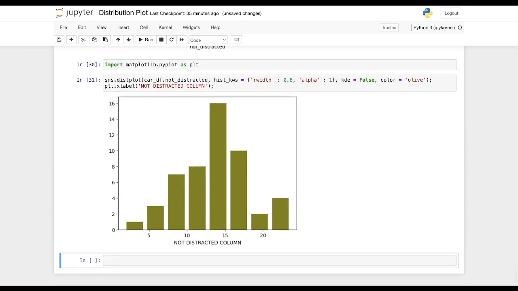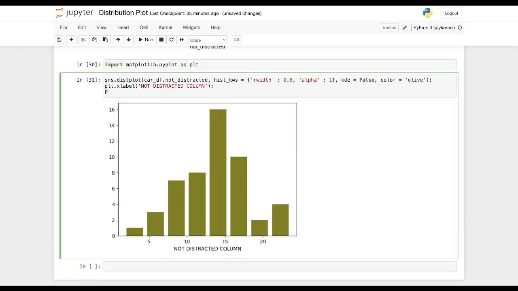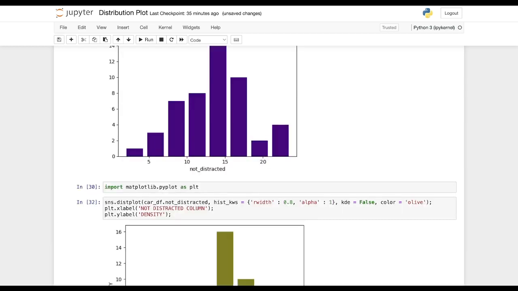In similar fashion, you can also add a Y label, that is plt.ylabel, and here we will add density, or you can even say frequency. So that's added.